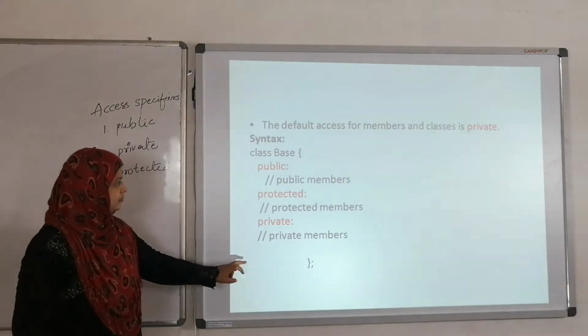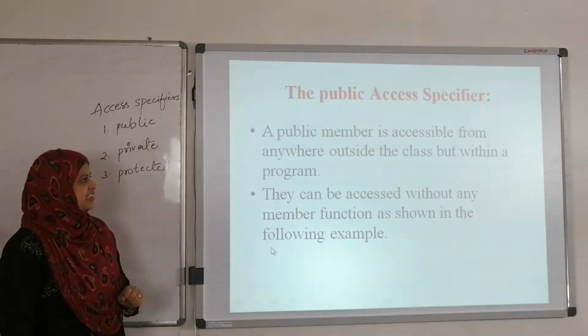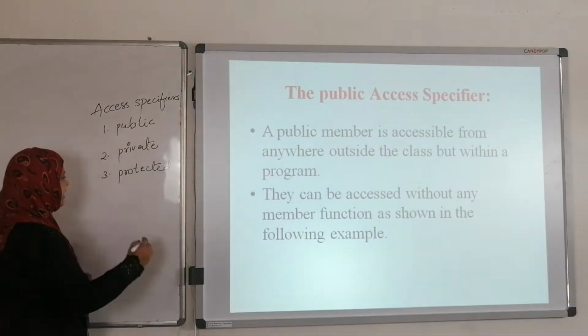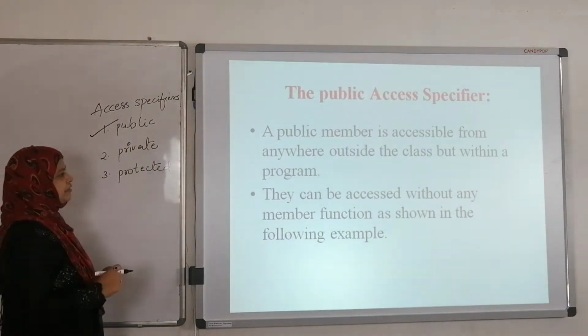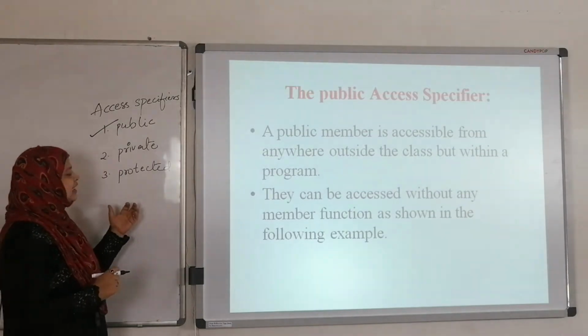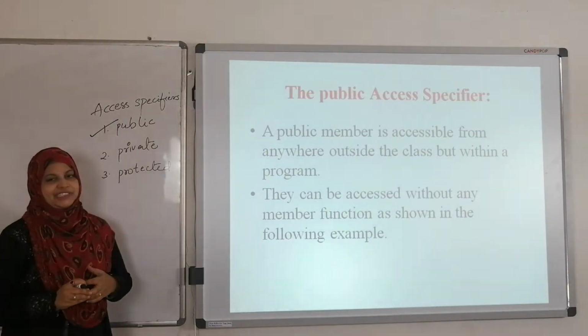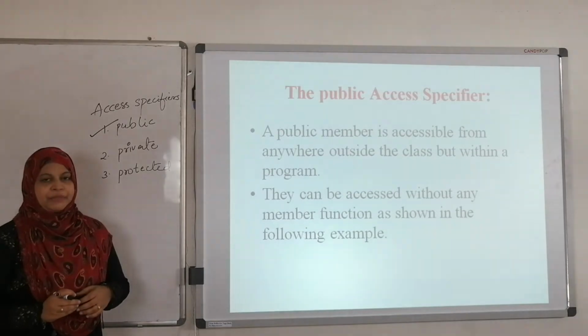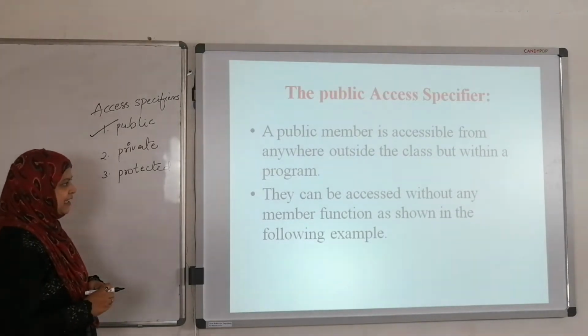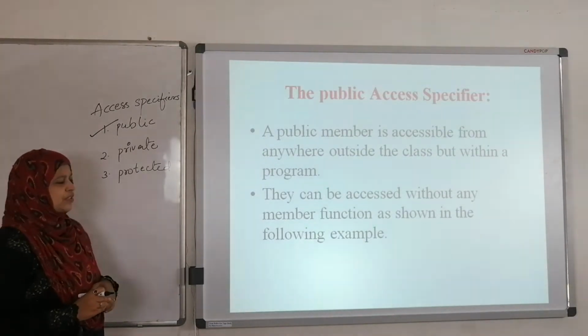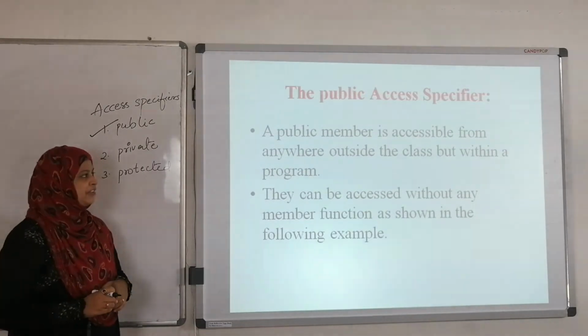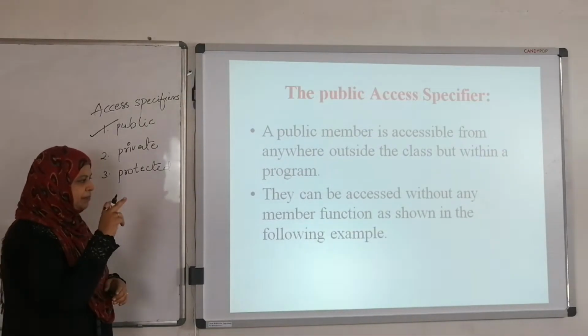Now next is the public access specifier. What do we mean by public access specifier? Whenever we declare any data member or member function as public, then we can use those data members and member functions within that particular program.